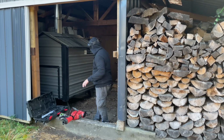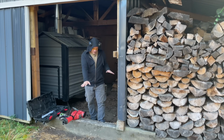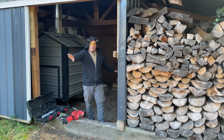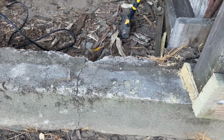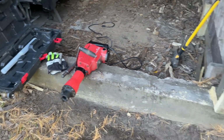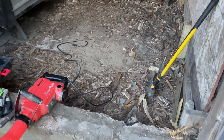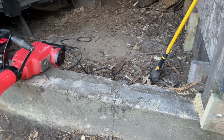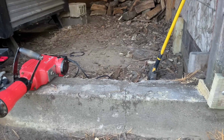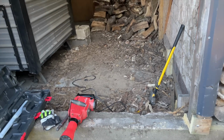so that I can drive in here with, I don't even necessarily need to drive in. I just want to be able to drive to the point where I can set the IBC tote down and just back straight up. So there's just this old foundation of an outbuilding that we built this woodshed on. And when we built it, I didn't have a tractor, and I never thought that I'd be at the point someday where I would need to drive in here. But I think busting this out is going to make a huge improvement to the way I bring wood in